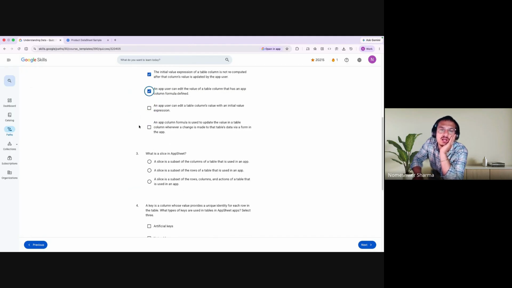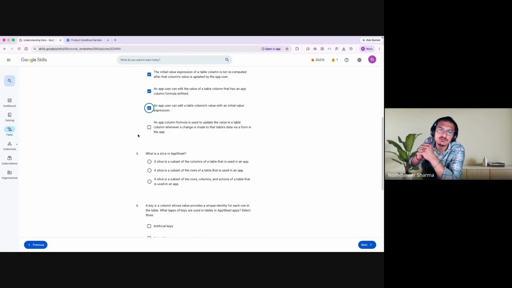Exactly. An app user can edit a table column value with an initial value expression. Yes. And an app column formula is used to update the view with a value in the table column whenever a change is made to the table's data